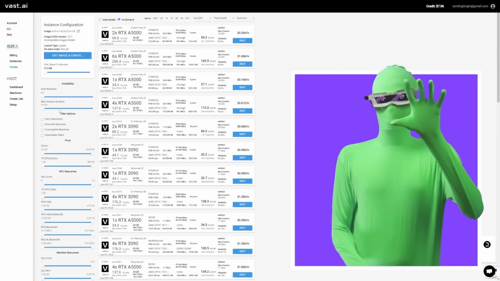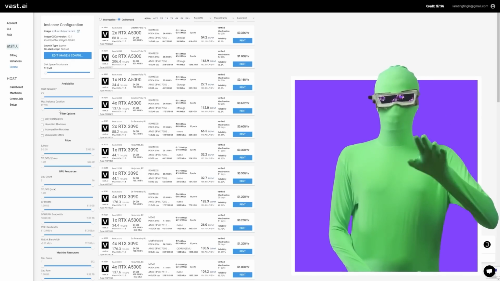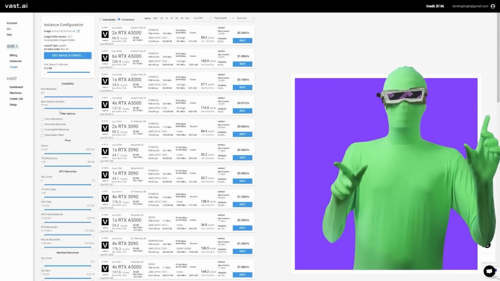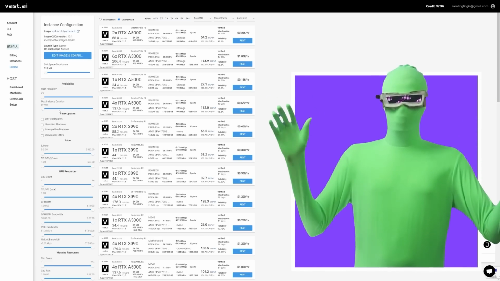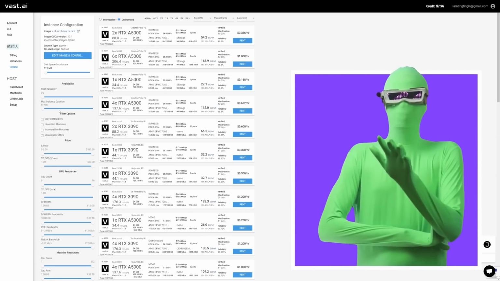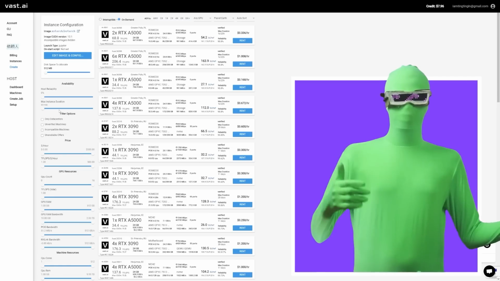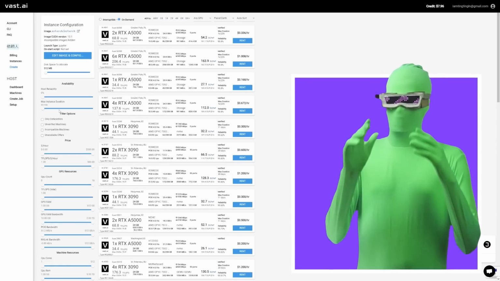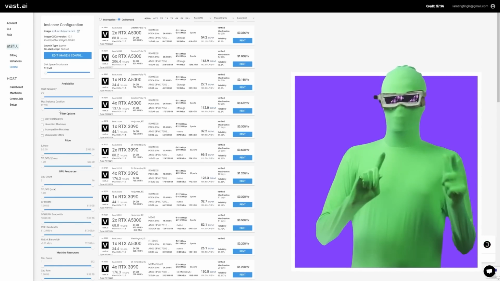Here's the thing, there's some potential to be able to run this on 3090s. Remember what I said? A lot of stuff is up in the air. There's a lot of new stuff that's not sussed out 100% as yet, but there's some potential that you might be able to run it on that. If you can run it on a 3090, I'll make sure to update you guys. So that means that you're limited in the GPU selection that you can have.